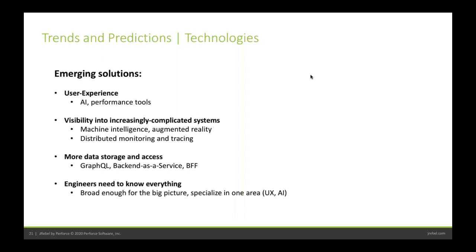On the data storage and access side, I think we're going to see more and more use of things like GraphQL, which, if you haven't heard about it, I think of as an easy way to ask for data exactly how you want it, even if it spans multiple services, microservices, APIs, databases, what have you, without having to know all the details. On the client side, you can just say, here's what I want in the shape I want it, and let the backend deliver that to me. That's required for developers to go faster, to not get bogged down with some of the details, and to be able to access multiple sources of data and join them very easily.